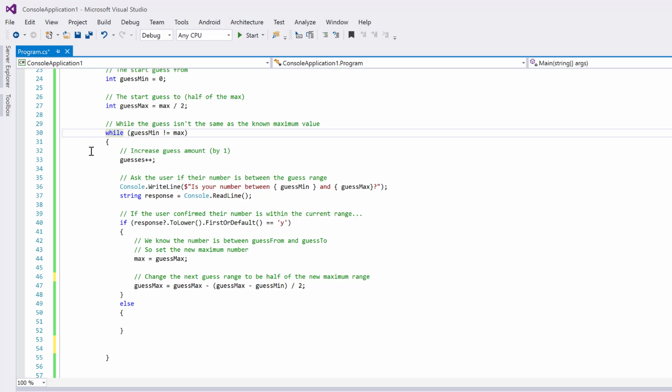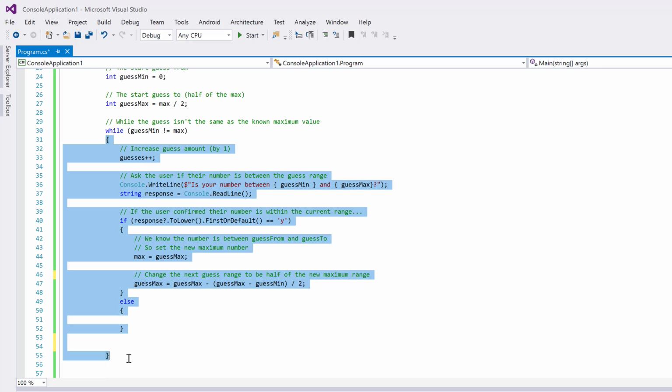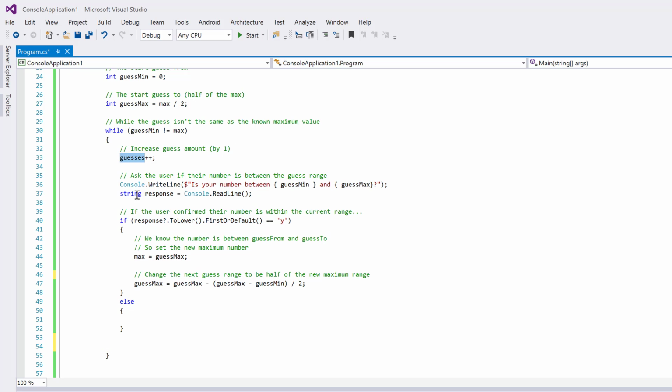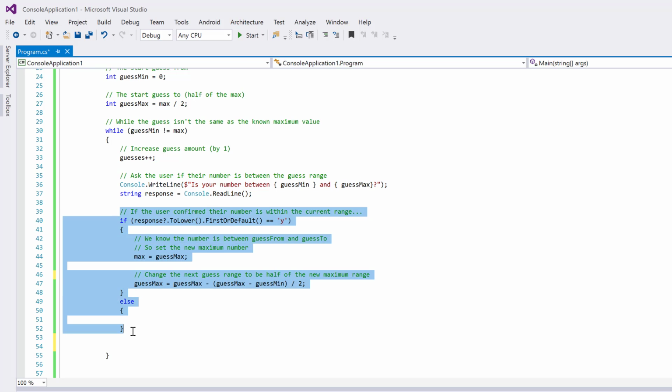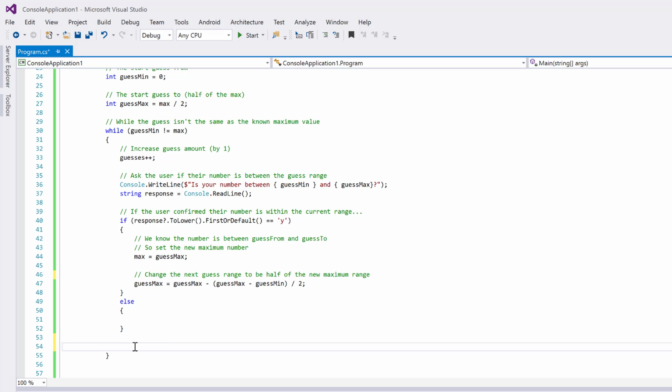So for every loop of this, which is there to there, you're going to increment the number of guesses. You're going to ask if it's a certain number and get the response. If it's yes, you're going to do this. If it's false, we're going to do something else. And then here would be either way, whether they've answered yes or no, because they could go higher or lower. But in each instance, regardless of whether they answered yes or no, we now want to check if there's only 2 numbers left,